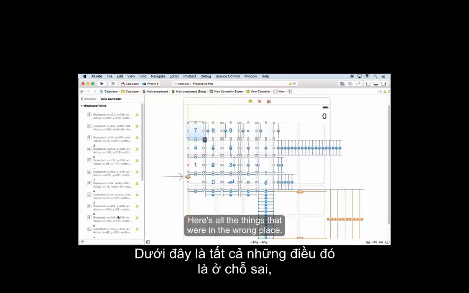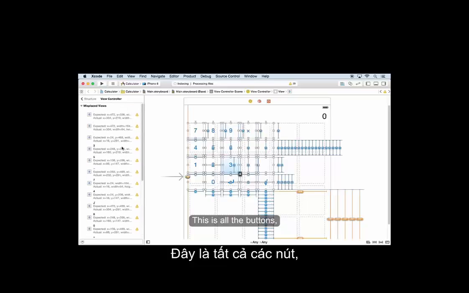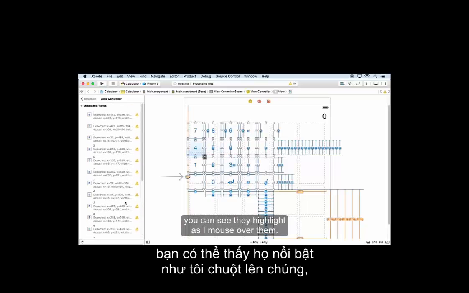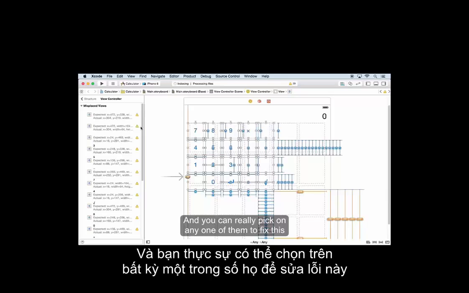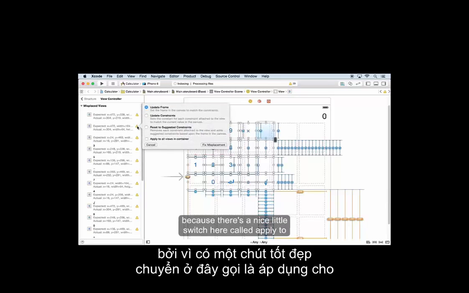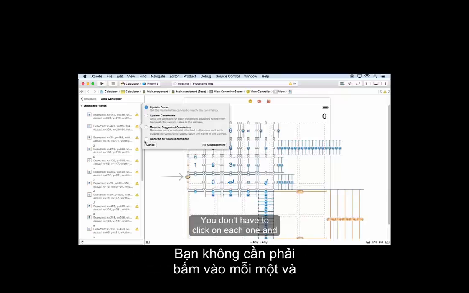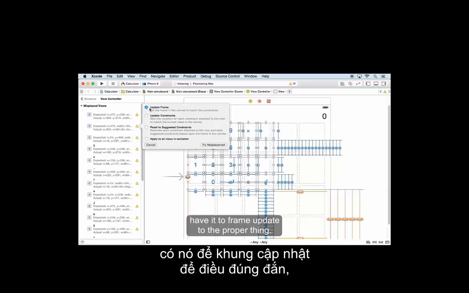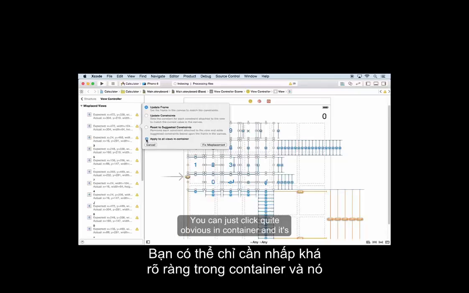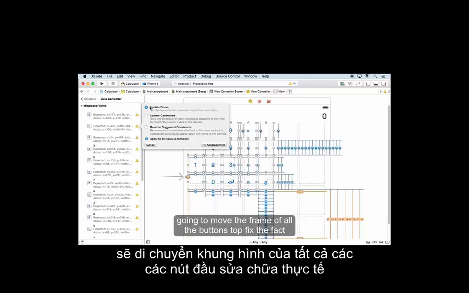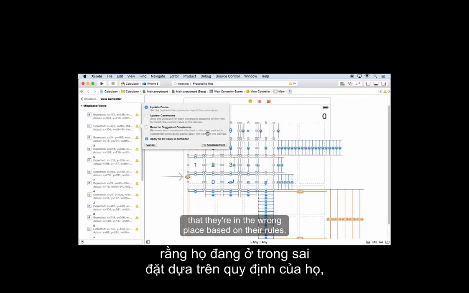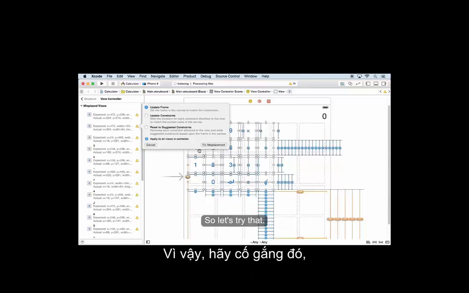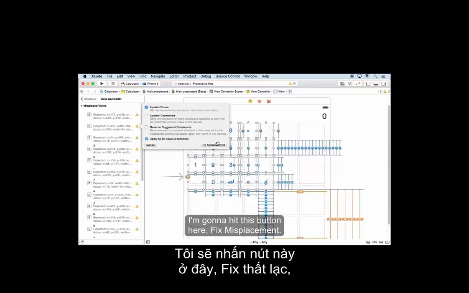We click the yellow. Here's all the things that are in the wrong place. This is all the buttons. You can see they highlight as I mouse over them. And you can really pick any one of them to fix this, because there's a nice little switch here called Apply to All Views and Containers. You don't have to click on each one and have its frame update to the proper place. You can just click Apply to All Views and Containers, and it's going to move the frame of all the buttons to fix the fact that they're in the wrong place based on their rules. So let's try that. I'm going to hit this button right here, Fix Misplaced